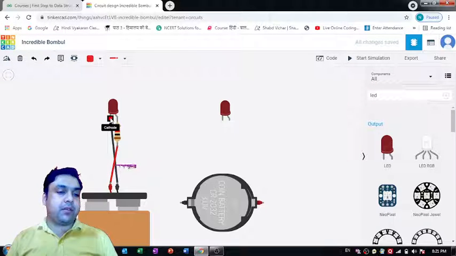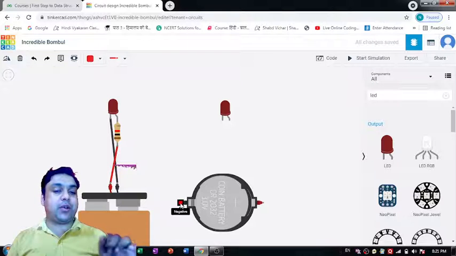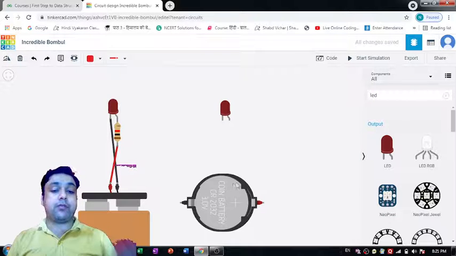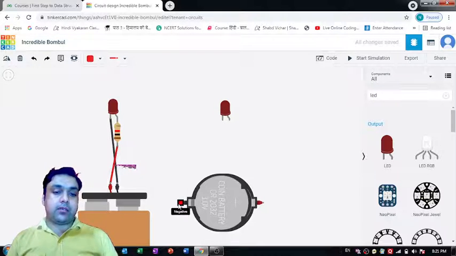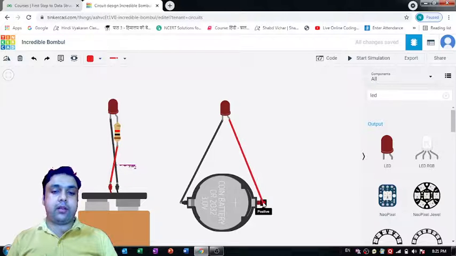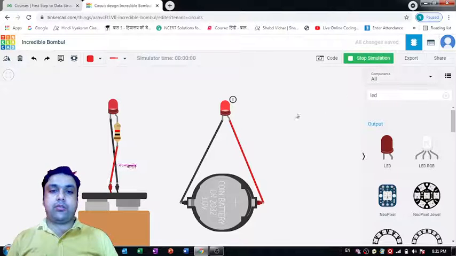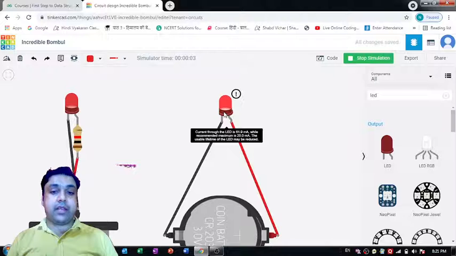of this LED, right? So in the same way, we are going to connect this battery to this LED. The way we connected this 9-volt battery to this LED, in the same way we are going to connect this coin battery to this LED. So we are going to take this black wire and we'll connect this negative terminal to this cathode pin, and then we can take this red for positive, and we are going to connect this anode pin to this positive terminal. Remember these connections. So now if I run this simulation, I'm able to see this LED glowing,